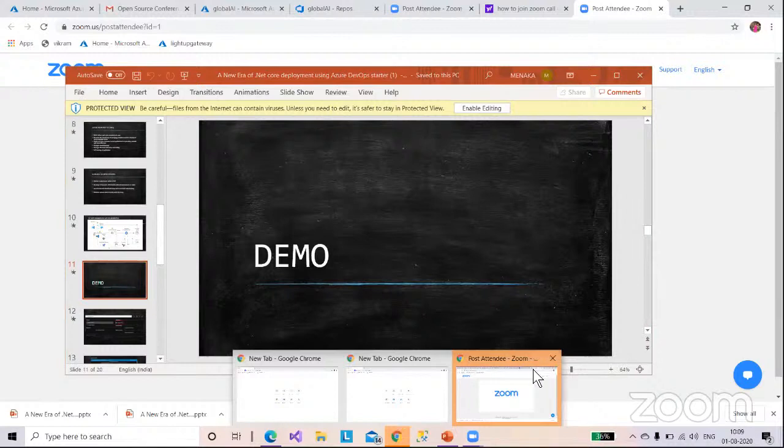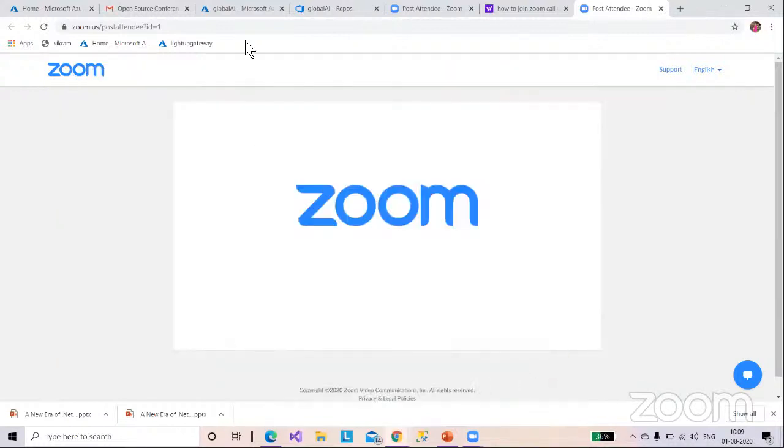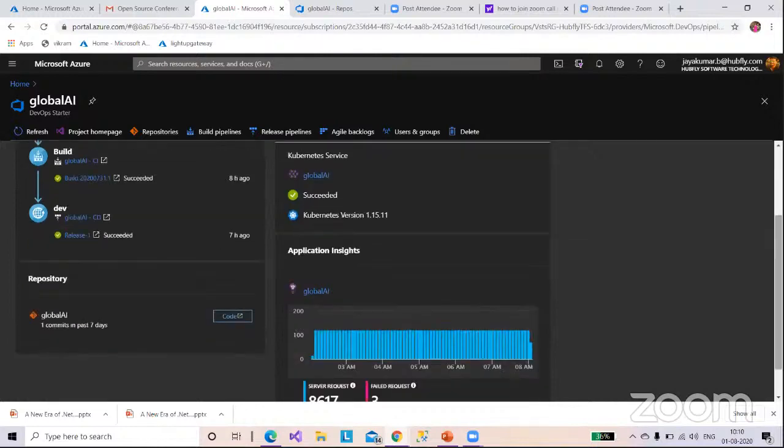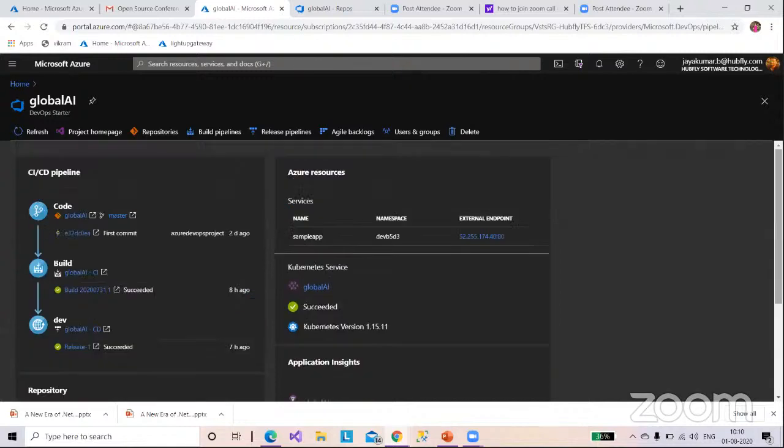So let's go to the demo. Usually, if we are creating it, it is an automated build and commit, so build and release. Whenever I'm going from my Azure portal, it will create my first build and release. So I don't need to do other activity, and my application will also be monitored along with this external endpoint. I will have my Kubernetes cluster, and the application inside. So you can see, this is how our application will look.